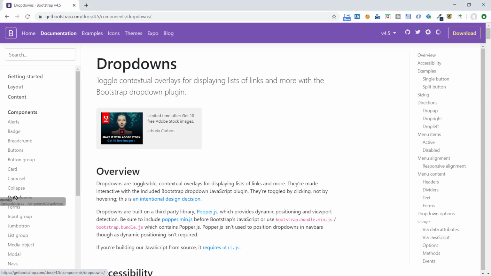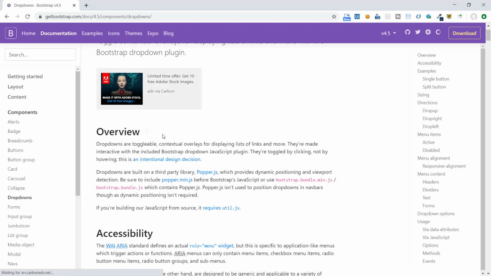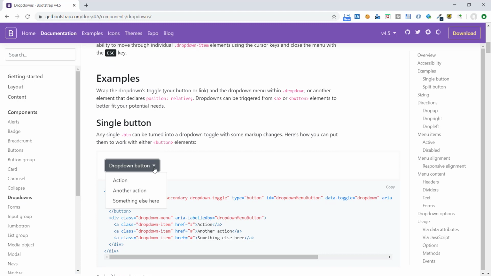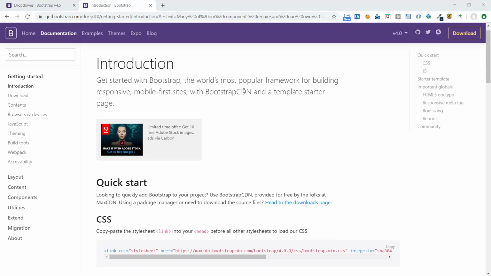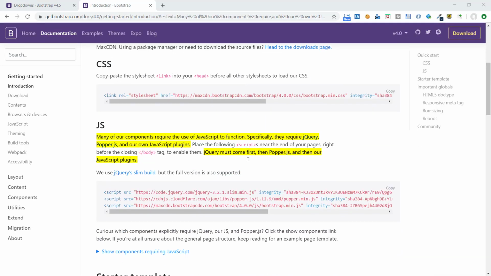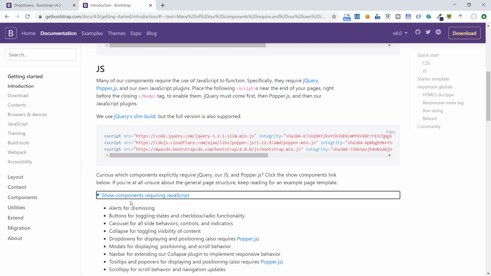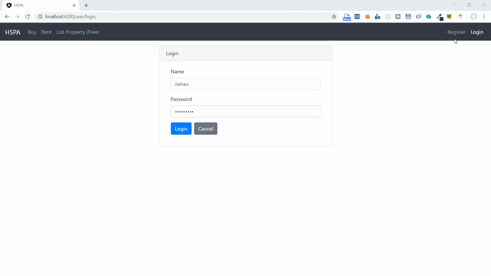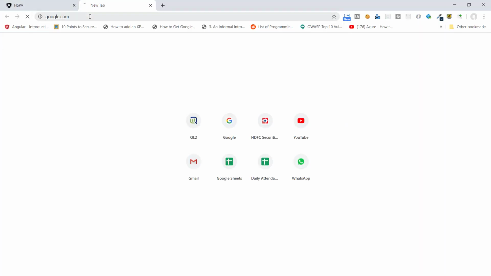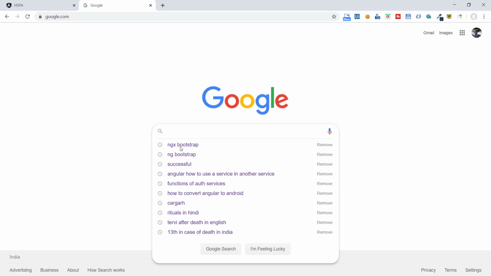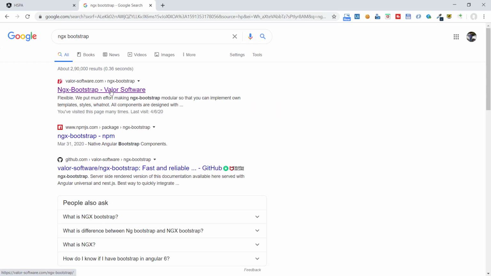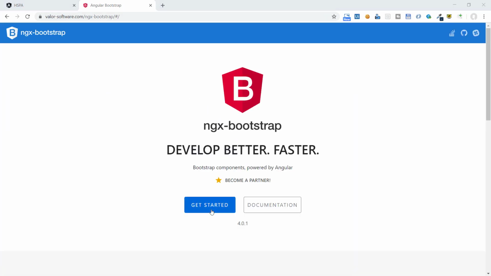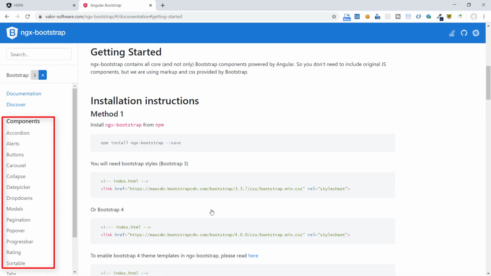As we are using Bootstrap, it provides a drop-down component that we can use in our application. But we need to install jQuery to use it properly. And it is not deemed to be a good practice to use jQuery in an Angular project. In case you need to use any of such Bootstrap component where jQuery installation is needed, there is a good library called NGX Bootstrap available that contains most of Bootstrap component compatible for Angular, and you do not need to install jQuery to use these components.